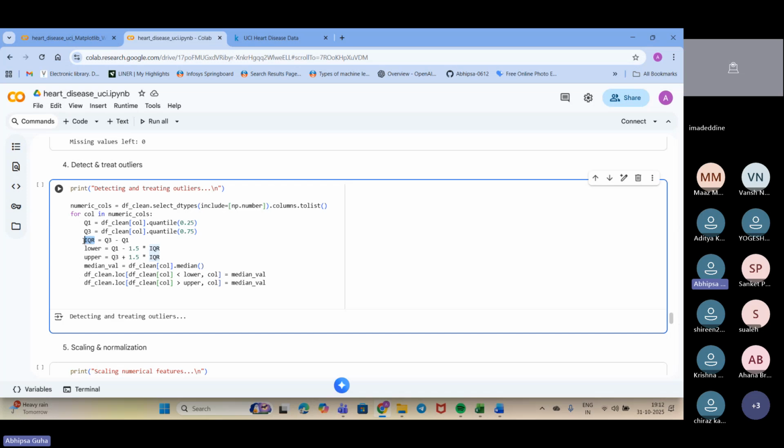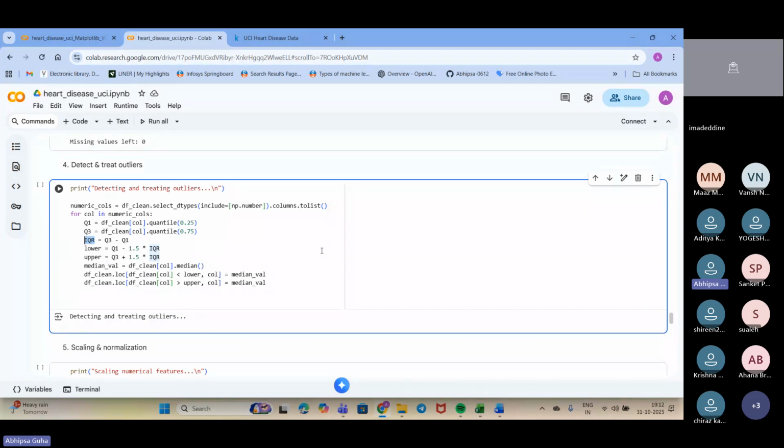Now I am setting the boundaries. For the lower boundary, we use Q1 minus 1.5 times IQR. For the upper boundary, we use Q3 plus 1.5 times IQR.